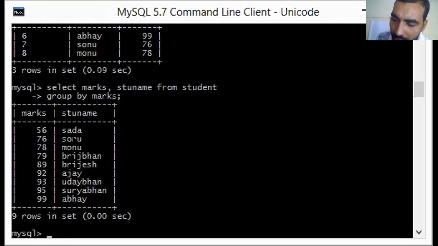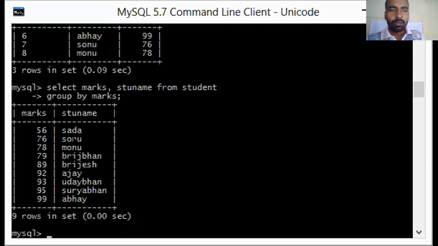But in this, can it be done? It can be. Listen, in group by function, we can have order by function. So let us use that also. We can use two functions, order by and group by also. Do you want to see that? Yes, sir. Okay, let me see.